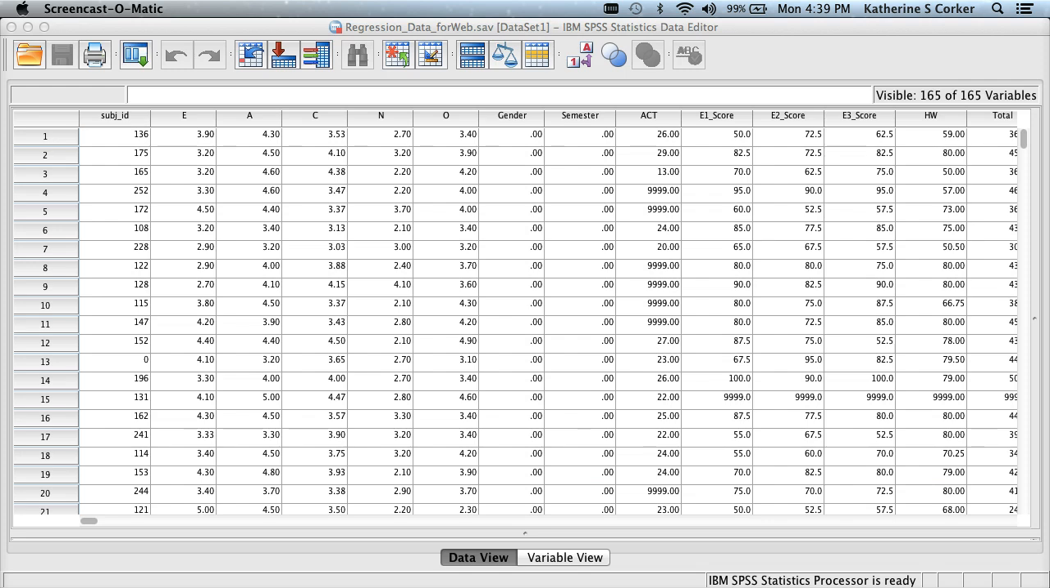Here we've brought the data into SPSS. You can see that I'm currently viewing the data in the data view. So we have our first variable, subject ID, which just gives each subject a participant number. We have 5 variables which represent the personality characteristics, each indicated by the first letter of their personality. We have gender, semester,